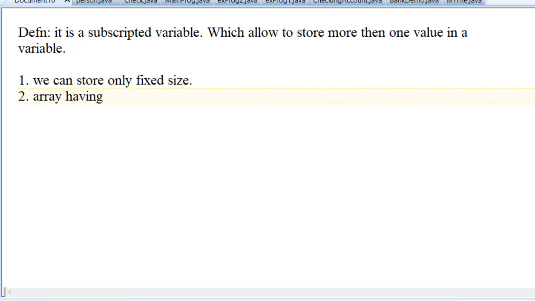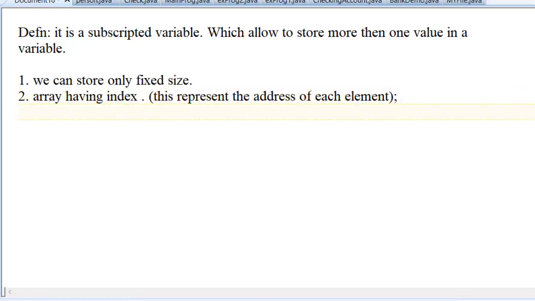Now, each array has an index. What is that index? It represents the address of each element. I will tell you how to define this.